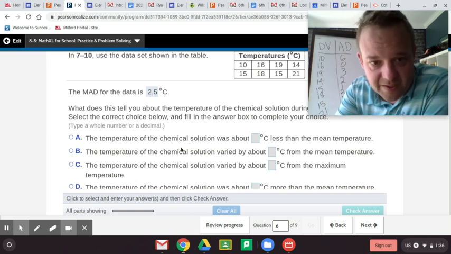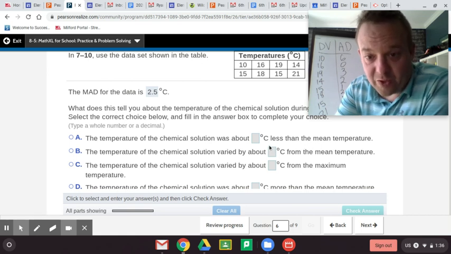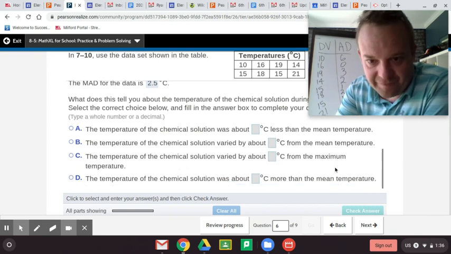So let's see. The chemical solution was about blank less than the mean? No. Or more, less or more. Chemical solution varied by about blank from the mean? Probably that one. The chemical solution varied by about blank from the maximum. No, not from the maximum, from the mean. Solution is about blank more than the mean temperature or less. So this varied more or less